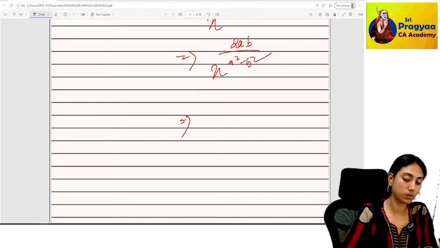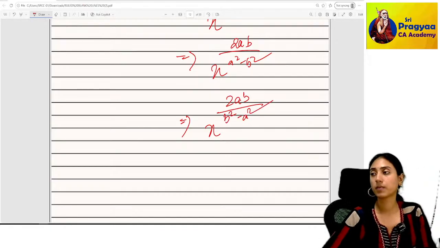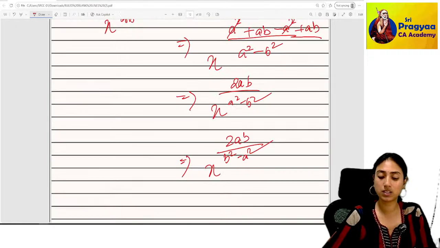Similarly second term என்ன வரும்? அதே set of இது தானே இருக்கு, variables தானே இருக்கு. Okay, so you can directly write it as